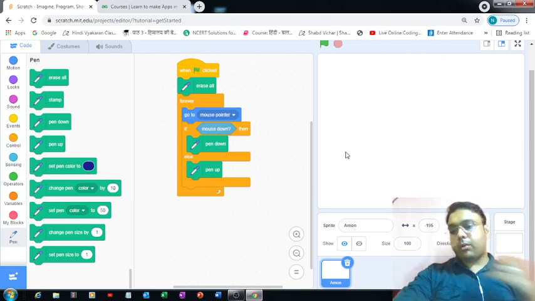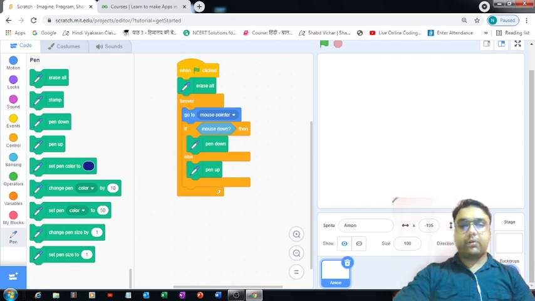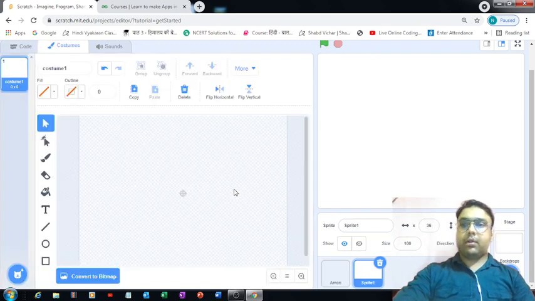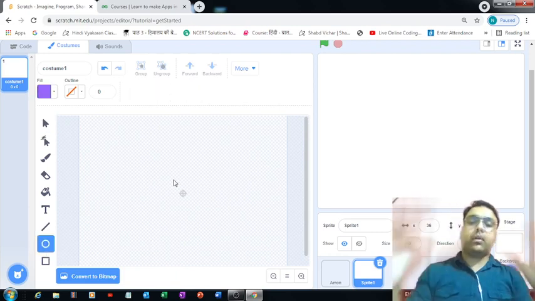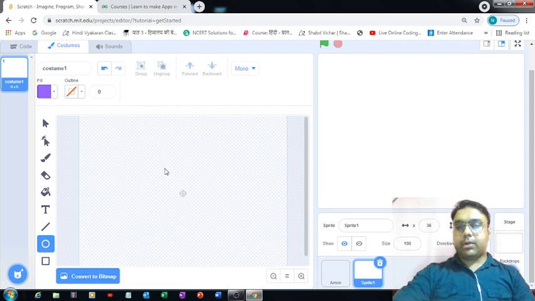Now let's create another sprite and I would like to make use of this paint option. So let's paint a sprite over here. For that I need a circular thing, right? So I am drawing a circle over here.